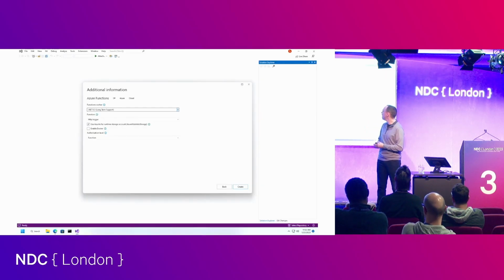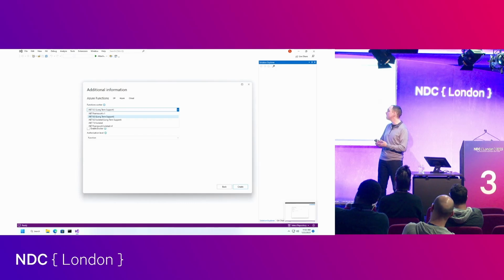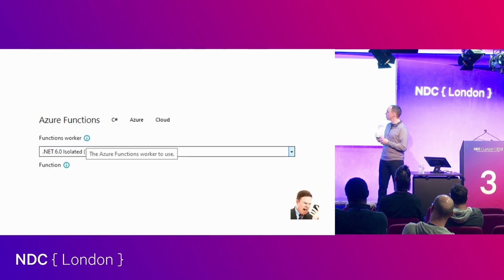It's pretty small, but this is what it starts out as if you go to File, New Project in Visual Studio, as I often do sometimes. Actually, I use a lot of JetBrains Rider, but we'll ignore that for now. I know it's really hard to see, so I'll describe that the functions worker is the first drop down, and it gives you some options: .NET 6, .NET 6 isolated, .NET 7 isolated, .NET Framework isolated v4. And you hover over the little thing and you're like, okay, what's the difference between all of those? Obviously .NET Framework is obvious, but for the Azure function, what is the execution process? What does it mean that it's isolated? Is that good? Is that bad?